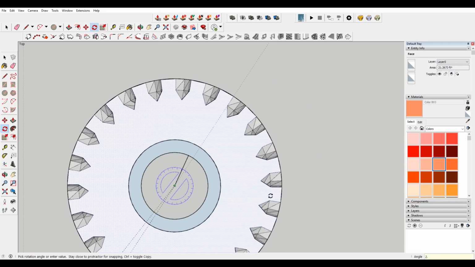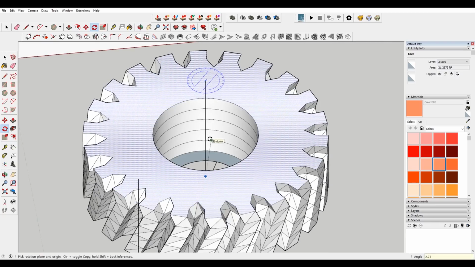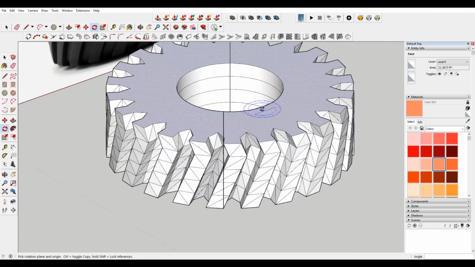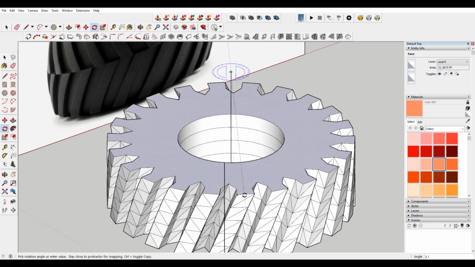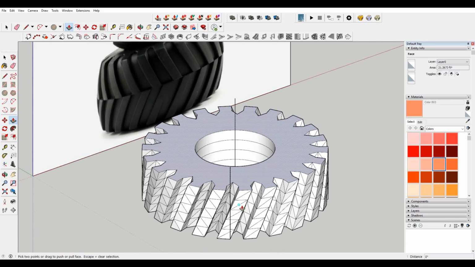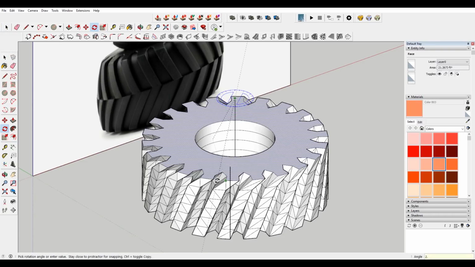Oops, a little bind. 2.73. Okay, so we went in the wrong direction there because of the way that we rotated. So again, press here, make sure that you start in that direction, 2.73. Three, 4, 5, and then this one should be the last one. Select the face, push pull up, select the face, press the up arrow, start to move, 2.73,